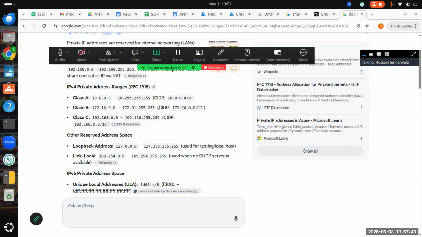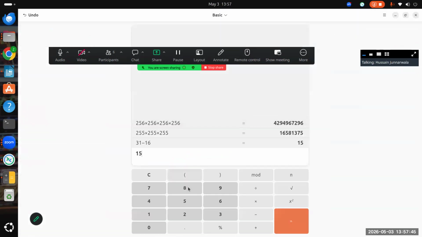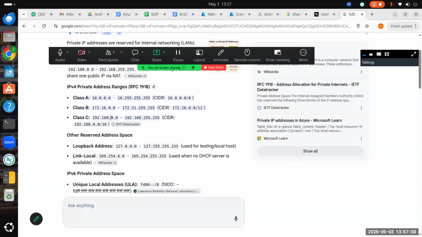So that means 15 multiplied by 255 multiplied by 255. So that means you have 3,90,375 IPs. Okay. Now the last one,